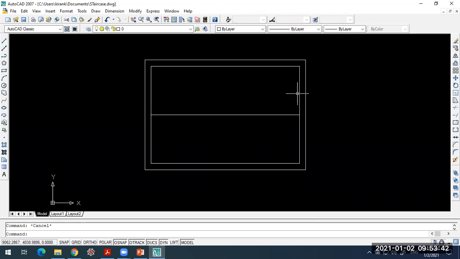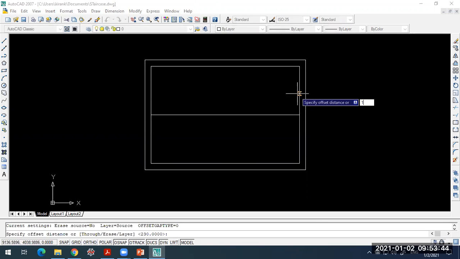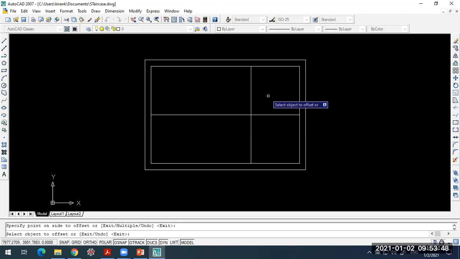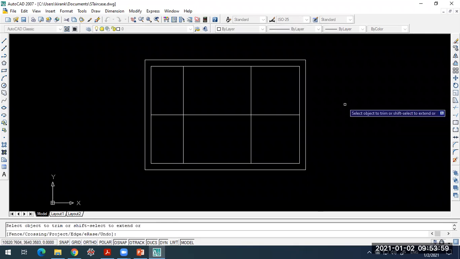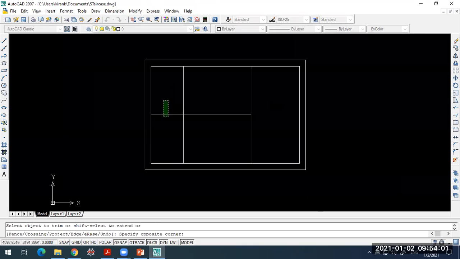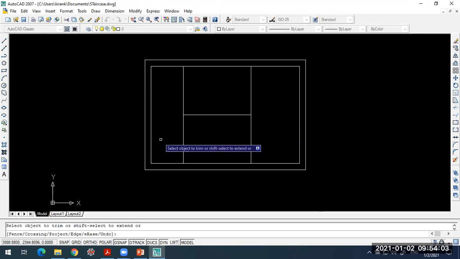Okay, and then again offset the landing slab 1800 here. So this is the landing slab, and offset 1200 on this side. So this is our entrance. Trim, take this out. Okay,